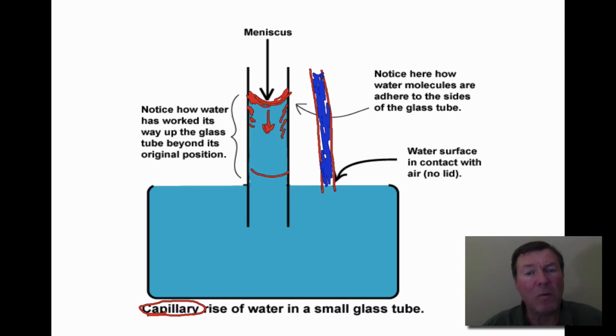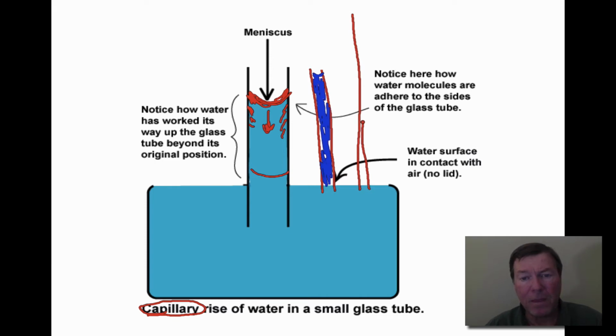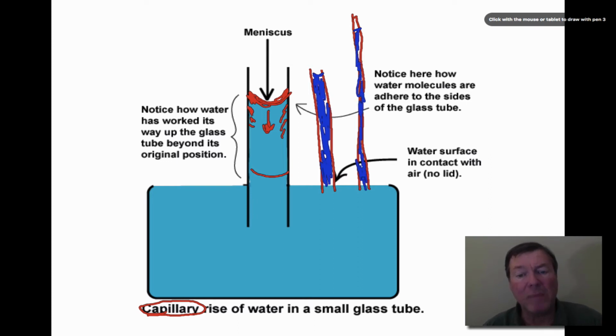It would climb up farther, and if we had something really, really thin, or okay, it's probably not even that thin, terrible drawing, it would climb up even higher, because the thinner the tube, the farther up the liquid climbs because of adhesion. This also has to do with cohesion, which I'm about to talk about next. But this adhesion